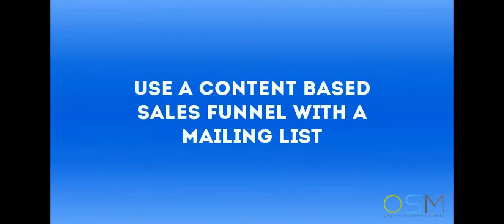And finally, use a content-based sales funnel to sell using a list. By this, I mean you go to the places we've mentioned, like Facebook and Twitter, and you share links to content that solves some of the problems those audience members have. Now, they read this content, they see you know your stuff, and they start to trust your content. Then they can dig deeper into your website so they can join your mailing list. And from there, you can sell them directly on affiliate offers.